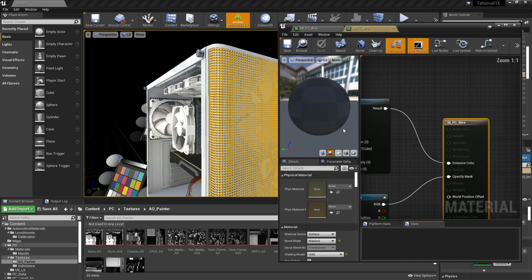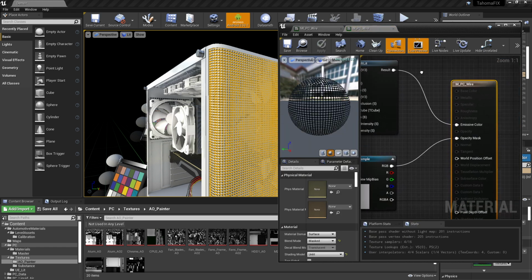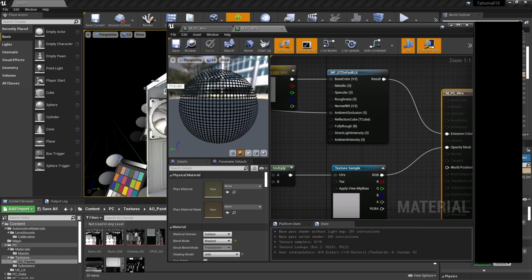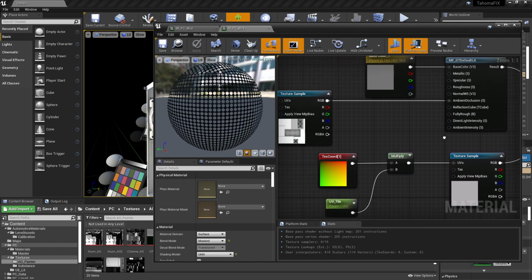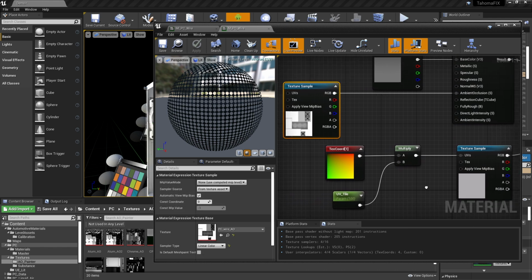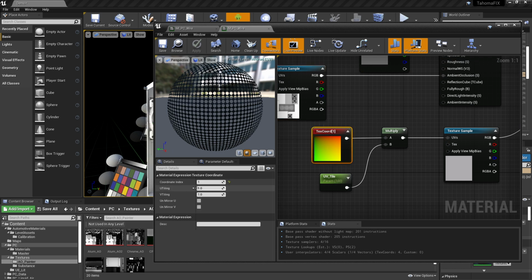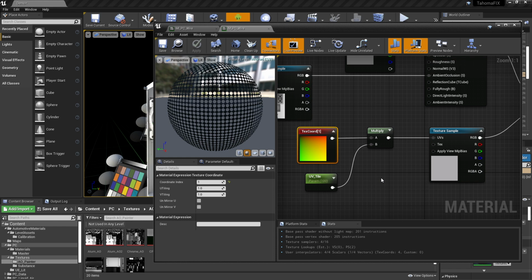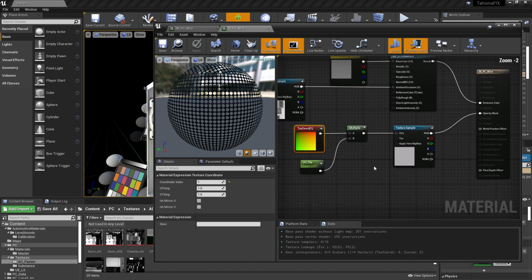So let's jump into this. This is already set up here using the GT Tools, which is great. You can see that I've got 2 different texture samples happening. I've got my AO pass on 0, like we talked about before. And if we look at this one, the repeating mesh grid is happening on coordinate 1. The way this is mapped right now, going into that texture sample, it's actually a pixel shader, right? And this is kind of costly. So we can actually do this UV tiling and repeating with a vertex shader.